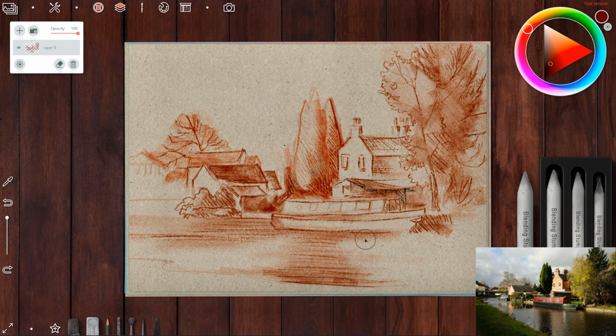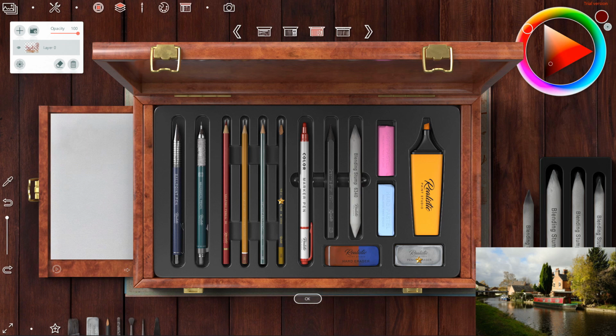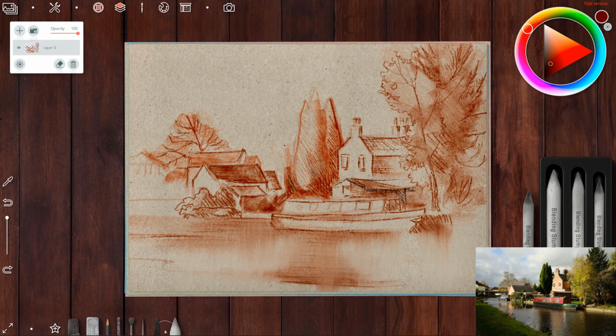Basically, what I'm going to do is see if I can just smudge. Let's try this one. What does that do? See, we're just getting this look. Vertical strokes are giving us this. I'm going to add this stump to the collection there. I do like this, that I can sort of have a collection of brushes and things,